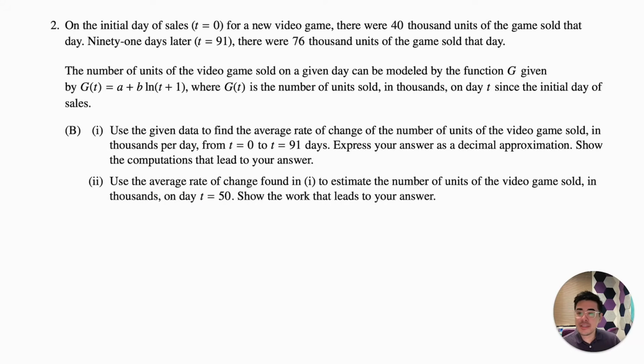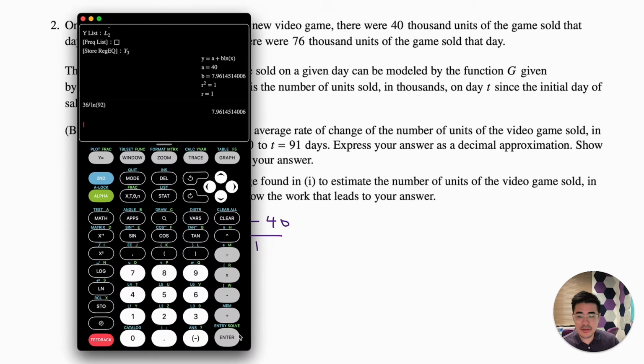Part B says use the given data to find the AROC, the average rate of change of the number of units of video games sold from 0 to 91. So then the way I show my work then is I write this g of 91 minus g of 0 over 91 minus 0. And then we know that g of 91 is equal to 76. We know that g of 0 is equal to 40 over 91. And then I'm going to plug that into my calculator. That's basically 36 divided by 91. And that's